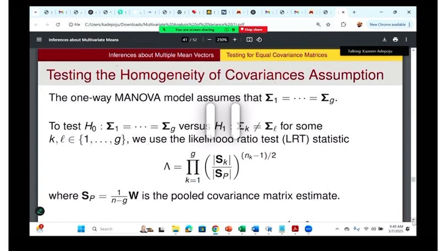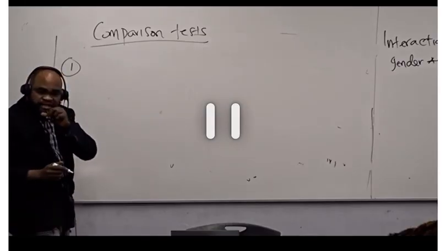If you have rejected the null hypothesis, whether using Wilks' lambda or the others, and you resolve into univariate one-way ANOVAs and you realize that one of them is significant, the next step is to conduct a multiple comparison test. What determines the choice of multiple comparison test? Now, let me tell you this. We got four. When I say multiple comparison test, we normally use that when the null hypothesis